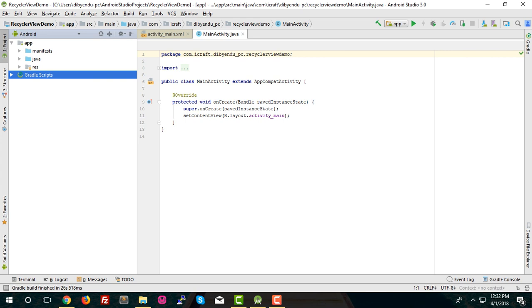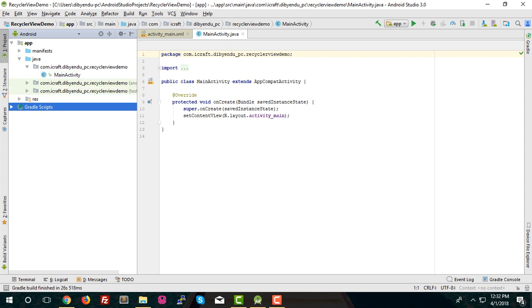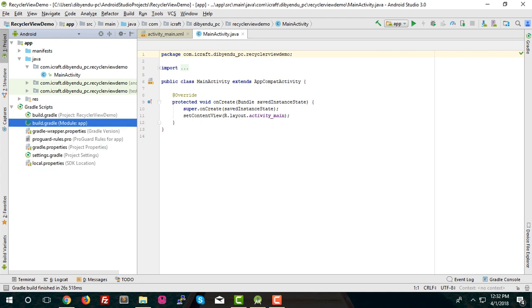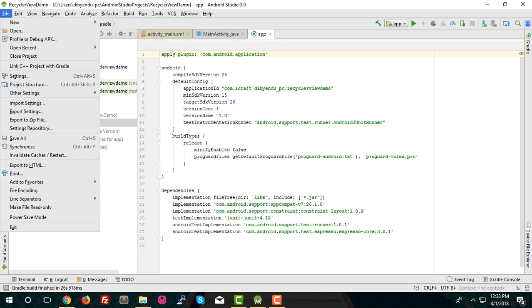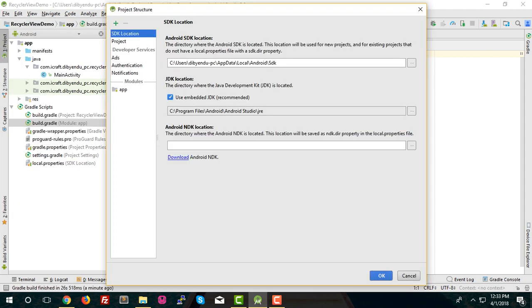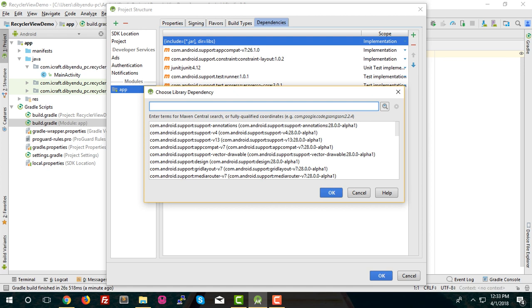recycler view project. Then first of all, to show a list in a recycler view, we need to add some dependencies. Here you can add the dependencies inside this build.gradle file, the app level Gradle file. You can add the dependencies from File, then go to Project Structure, then app, then Dependencies, then add the plus icon, then Library Dependency. Here you can see one dependency that is